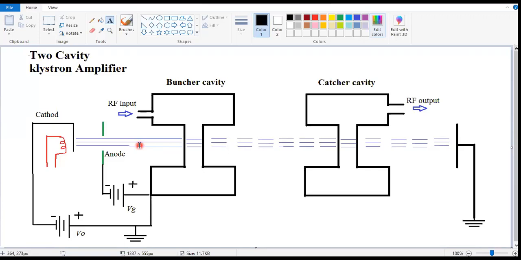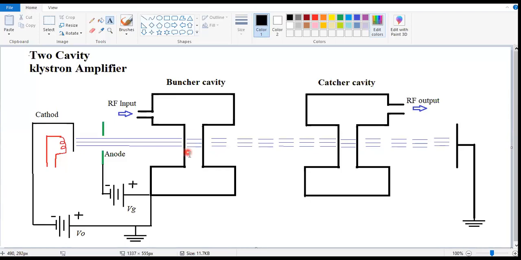Now you have to understand here, the electrons travel in a vacuum. Here there is no conductor, so concepts like Ohm's law may not be applicable here. This is not a conductor, it is a vacuum. We are talking about the vacuum tube, and the electrons are traveling through it. So the electron becomes focused, and when it goes to this cavity, which is called a buncher cavity, the bunching action takes place.